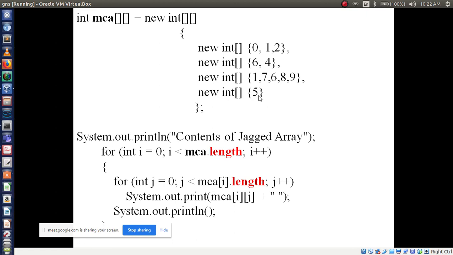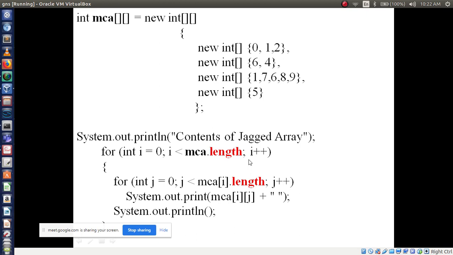There is no restriction in that, right? Now one more point to observe here: in the second for loop I am taking MCA then i. What does it represent? Row. MCA i value is here the 0th row, so it will take the 0th row. Then length. The 0th row length is how much? 3. So 3 times it will print.